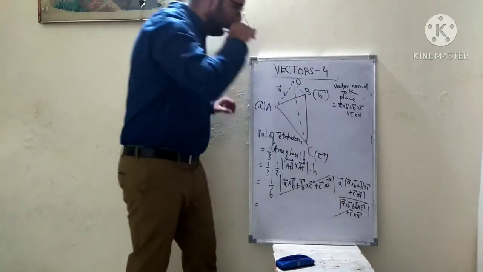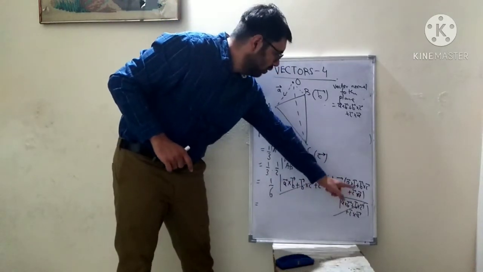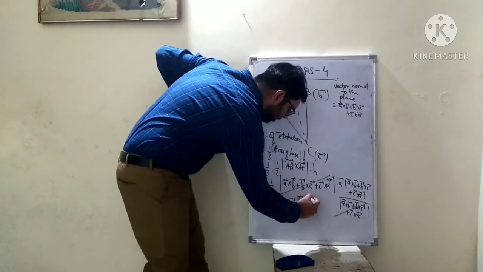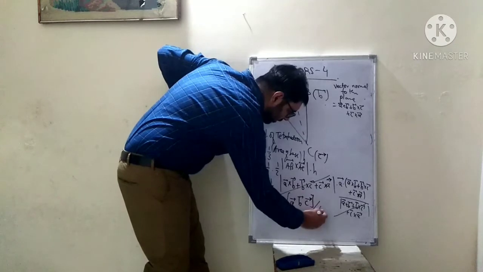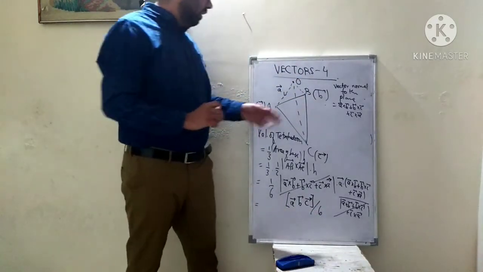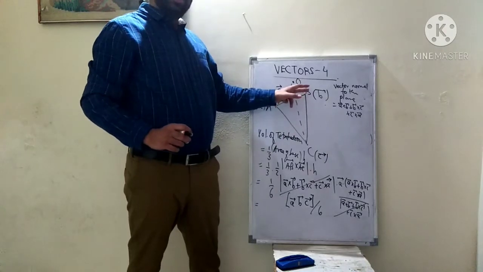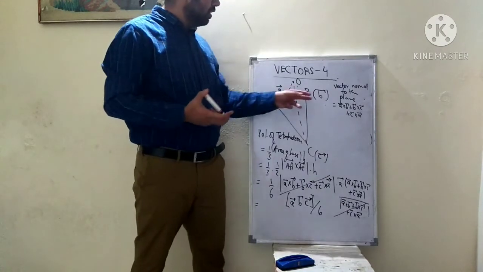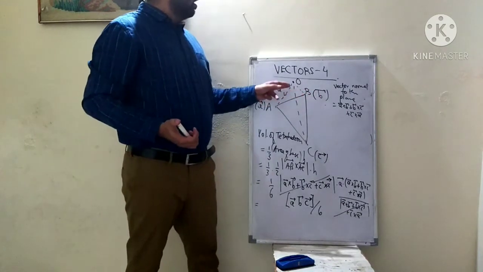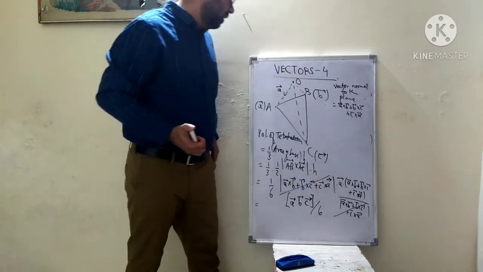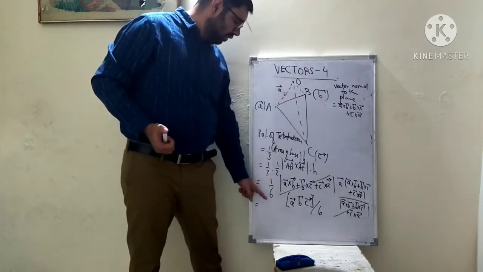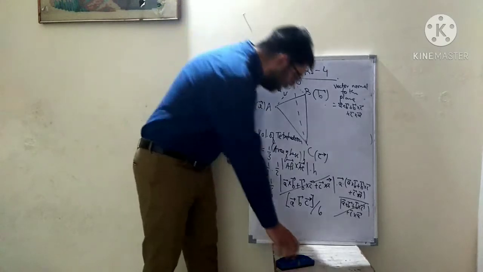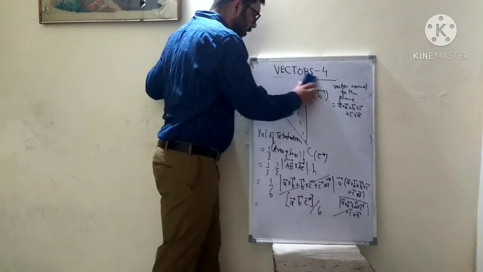A dot A cross B will be 0, and A dot C cross A also will be 0, right? So we are left with A dot B cross C, and A dot B cross C is nothing but the box product. So it will become box product divided by 6, right? So whenever we have a tetrahedron whose triangular base has 3 vertices with position vectors given to us, and the origin is the 4th point above the base, then we can calculate the volume of the tetrahedron by using this formula: 1 by 6 times the scalar triple product of the 3 position vectors. Okay, so these are 2 important applications of scalar triple product.